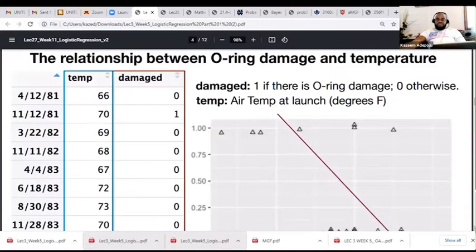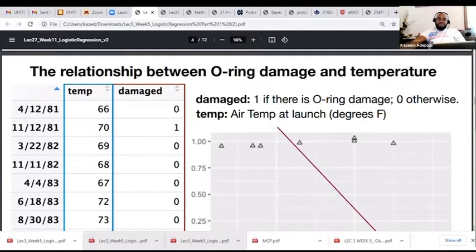So can we have a way to characterize the relationship between O-ring damage and temperature? Because of that, we have data collected from April 1981,